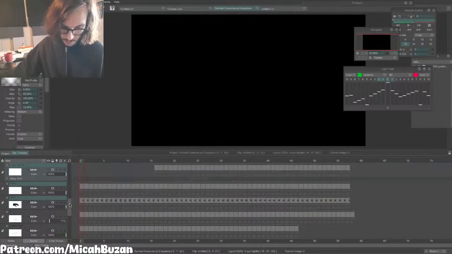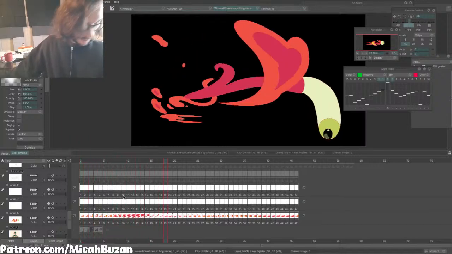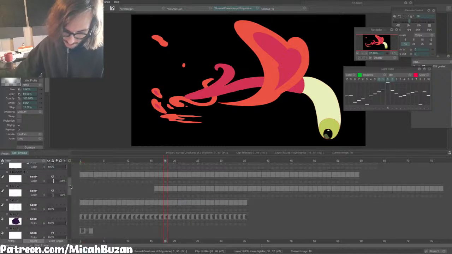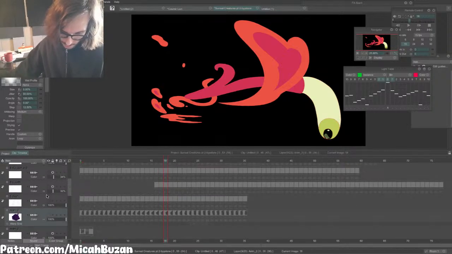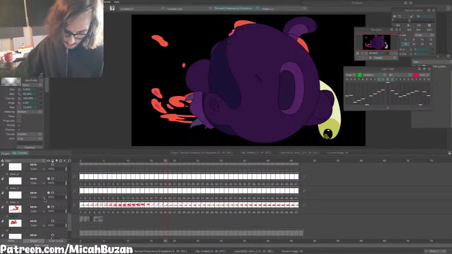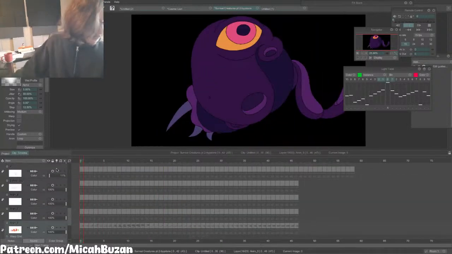Here's a better example. Probably. Well, this one's actually pretty weird. This one actually isn't the best. I have some weird stuff in here. Let's see. Still need to color this. I'm working on this one still, but